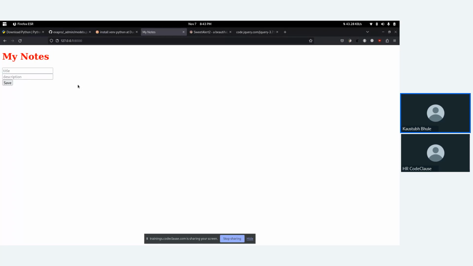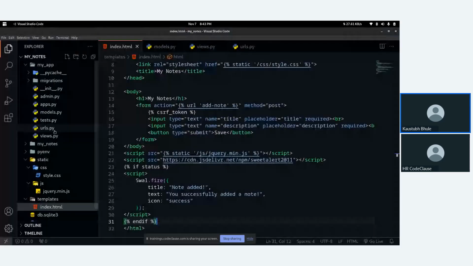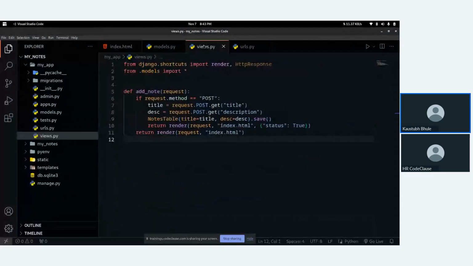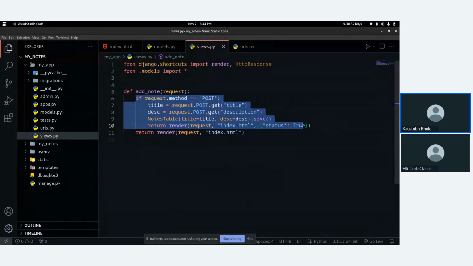Now, what I want to do, whenever we are loading this my notes section, I want to also display the existing notes below this section. So in that case, we can use the same function, this add note, but instead of coding inside this post block, we will code here.